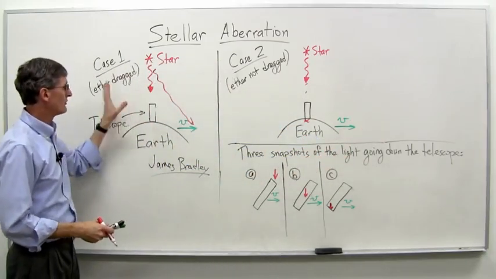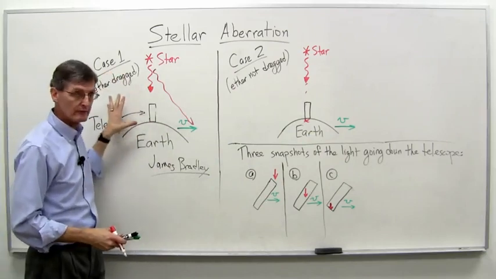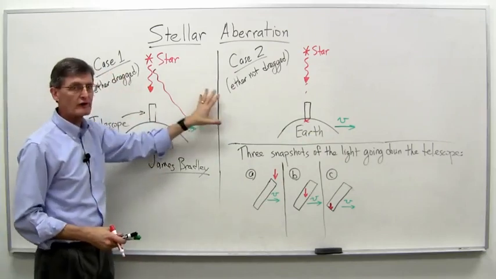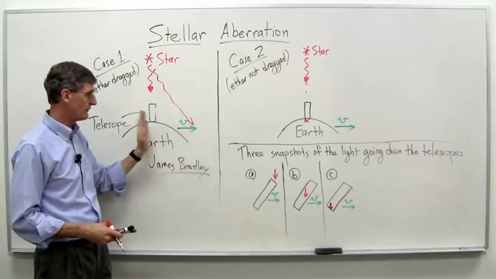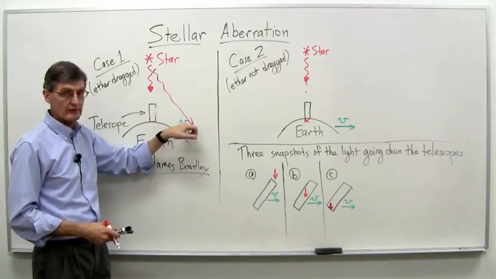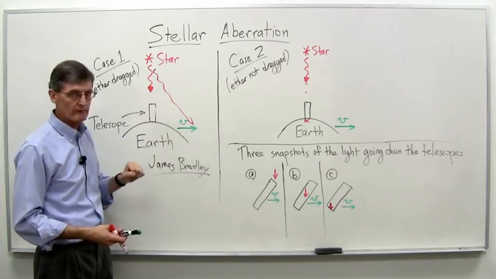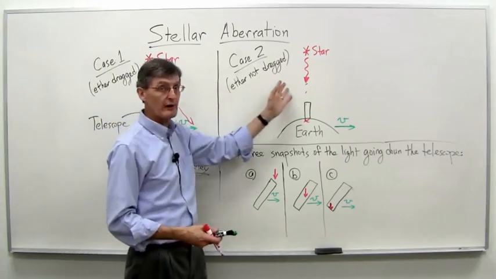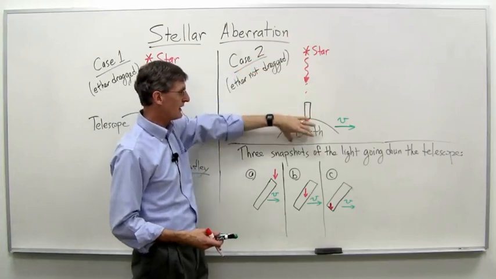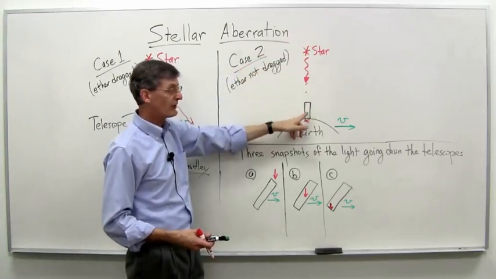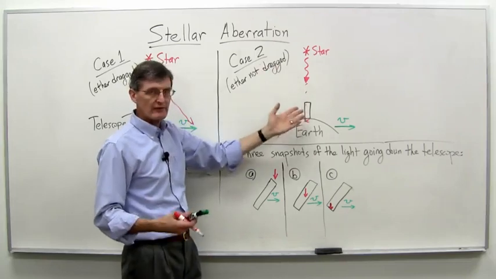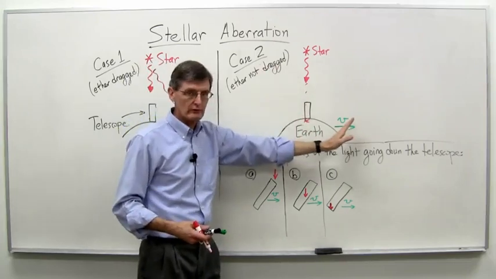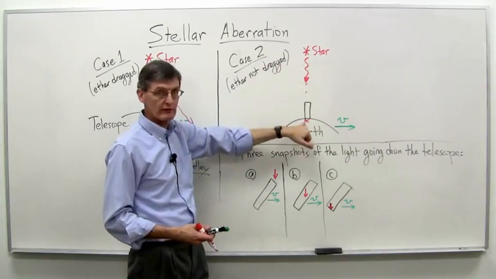Unlike in this case, the moving ether, the ether being dragged, drags the starlight along with it, and therefore the starlight ends up where this telescope does a few moments later when it's over here, a few seconds or even less when it's over here, say. In this case, the ether is not being dragged, so the starlight comes straight down, and if it's aimed at the telescope at this point, say about to enter the telescope, a few milliseconds later, the telescope has moved a little bit over here, and the starlight will miss the telescope.